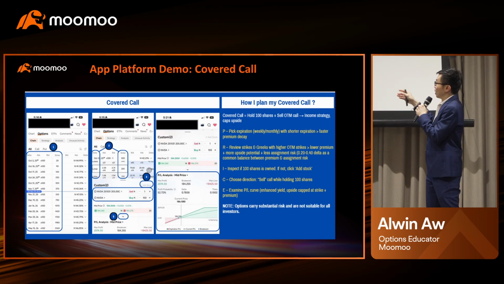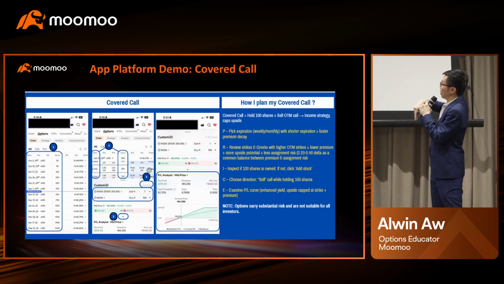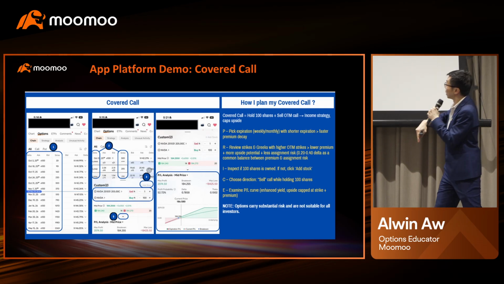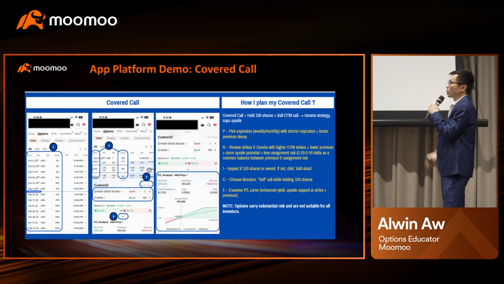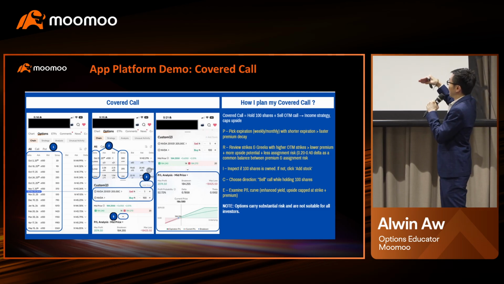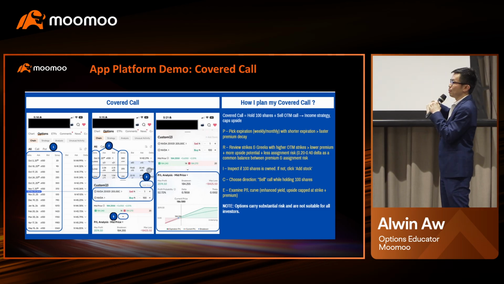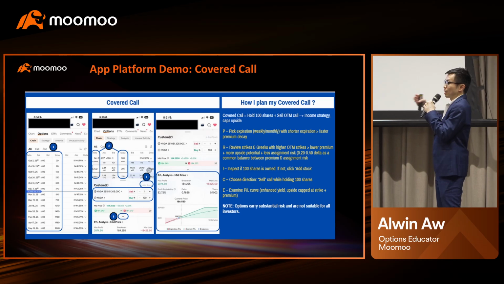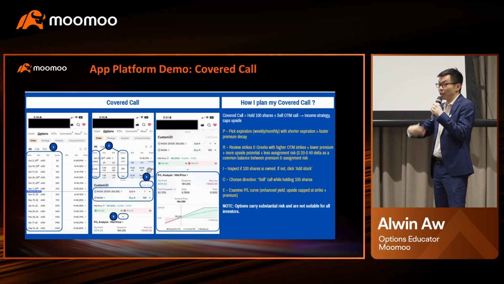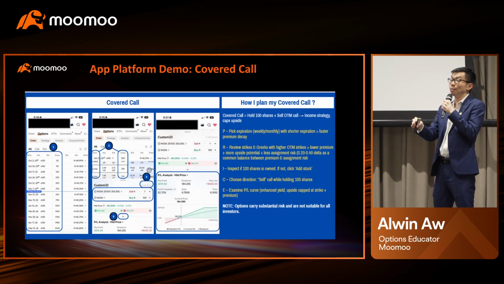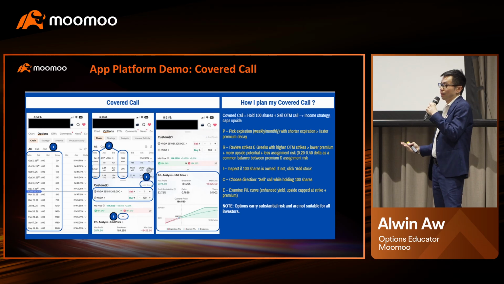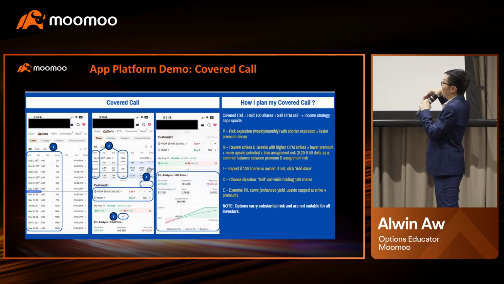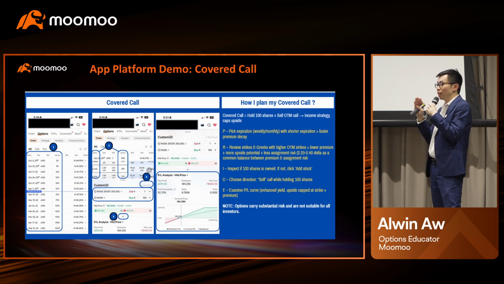Then the second is R. R is you open your option chain. Let's say I do a 30-plus day example. Then you can review the strike and the grid. Most of the time for a covered call strategy, we look at the higher out-of-the-money strike. Why? Because you have more upside potential and there's less assignment risk, because you are selling the option. You don't want it to go in the money. So that's where 0.2 to 0.4 delta is a common balance between the premium and the assignment risk. That's the delta we look at. Then the I is for inspecting the liquidity.